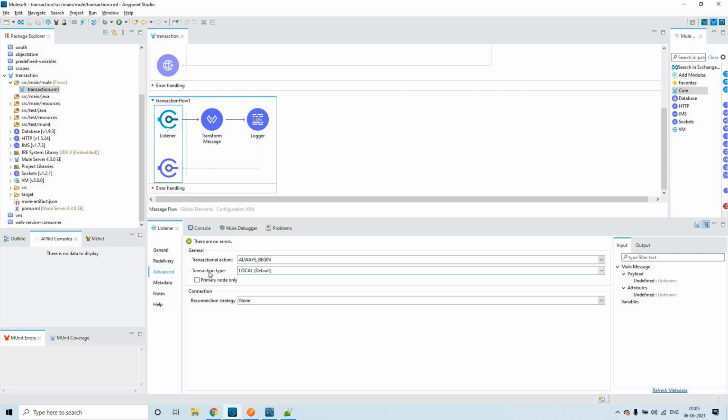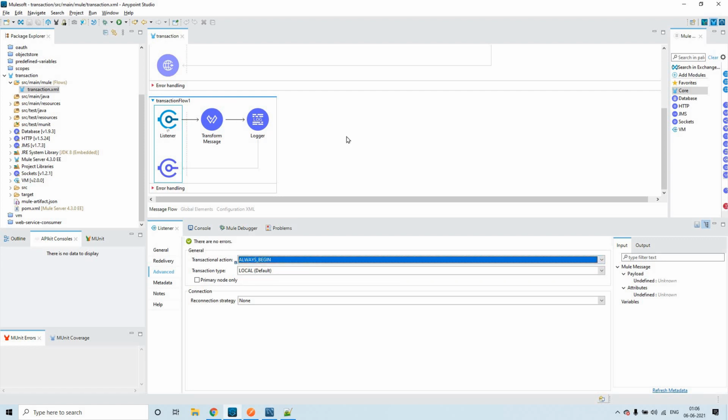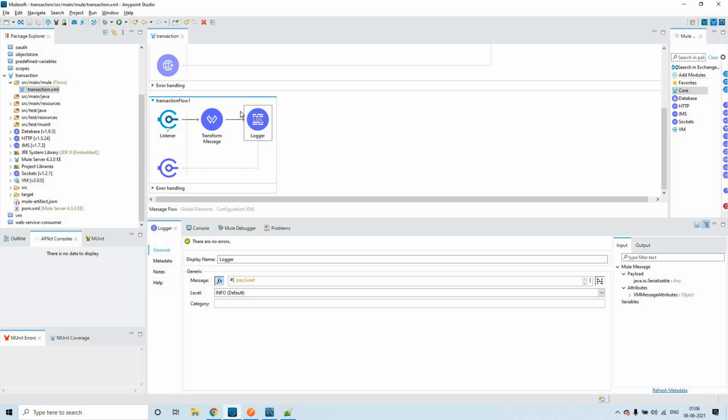So we have this option, transaction type is local or XA, and we have transactional action as well, that is always begin or none. This we have seen a bit in the previous session. Now if you see here, I have configured it as always begin. So what happens? This whole thing will become one transaction. Not only this thing and this thing, all these things will be part of the transaction.